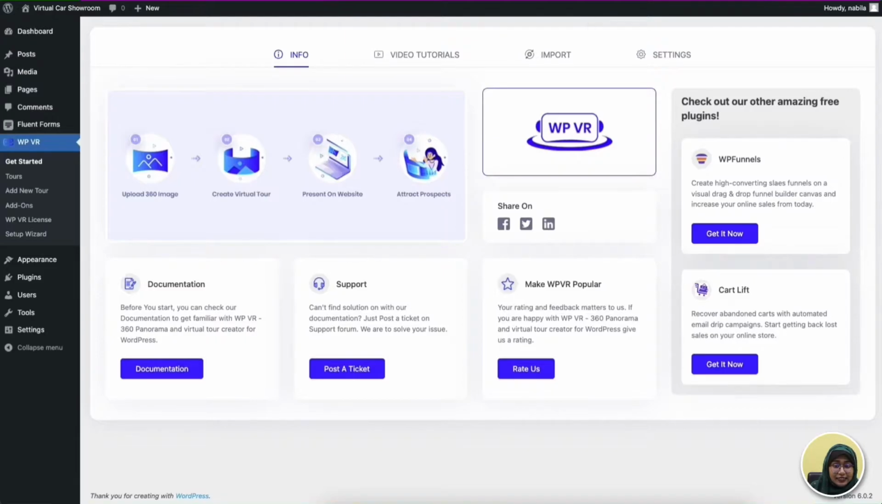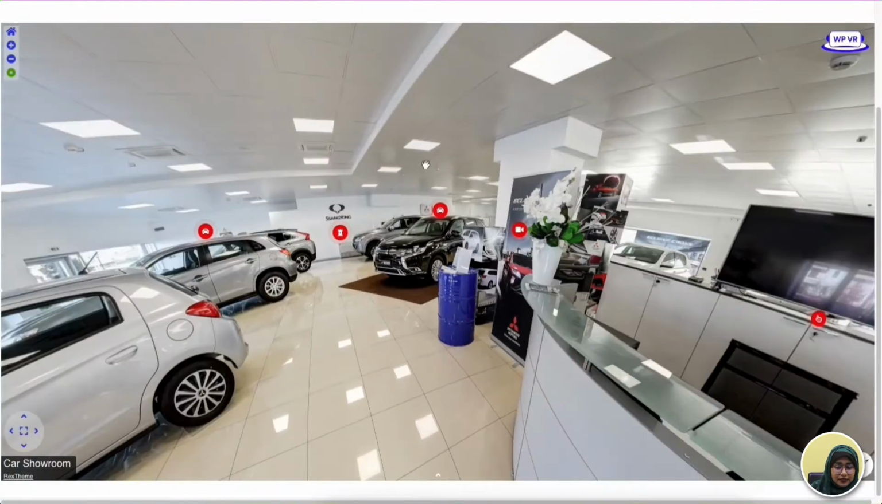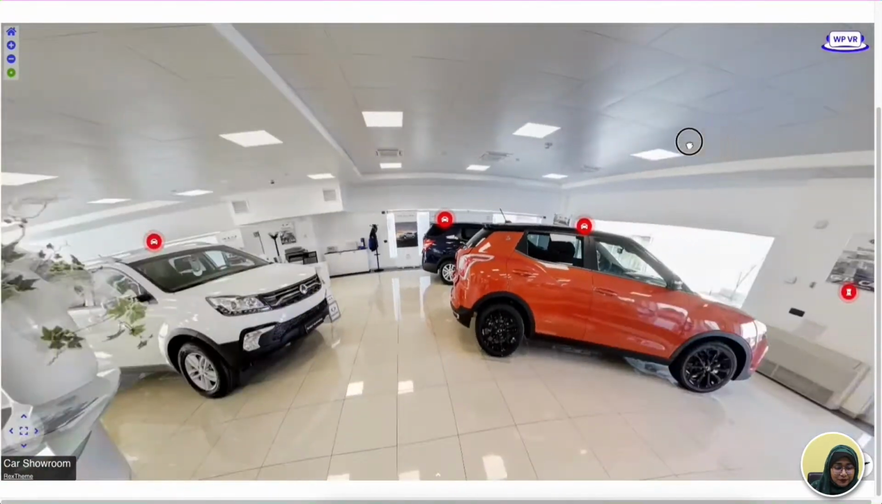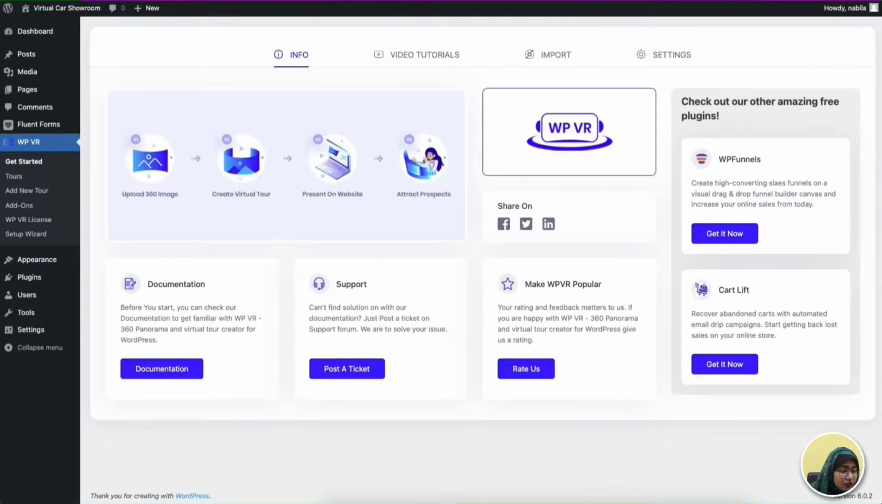So this is a virtual car showroom tour with all the elements that one needs. I'm going to create one similar to this one. All right, so let's go back to our backend, and what you have to do is click on add new tour